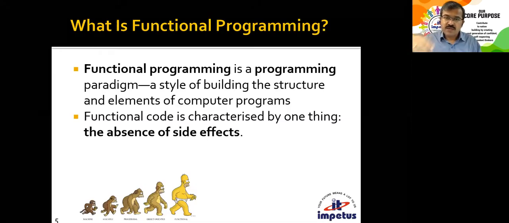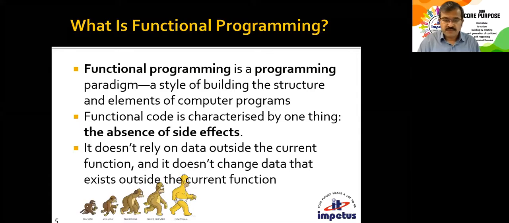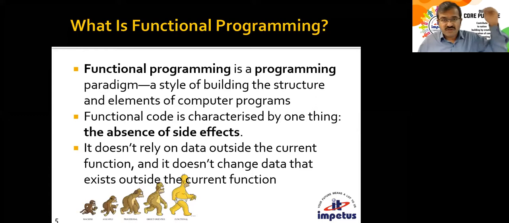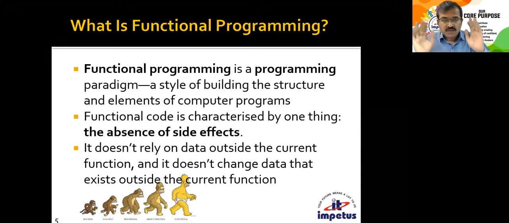And the result will be a new data set that you'll get, but the original data set that you have supplied will not get transformed. It doesn't rely on data outside the current function and doesn't change the data that exists outside the current function. That means whatever data structure it builds inside the function and returns is the only one that will be modified. What existed outside the function, which you supplied as an input, it is promising you will not be altered. So you call any function, you pass any data, the data that you have passed will remain unchanged